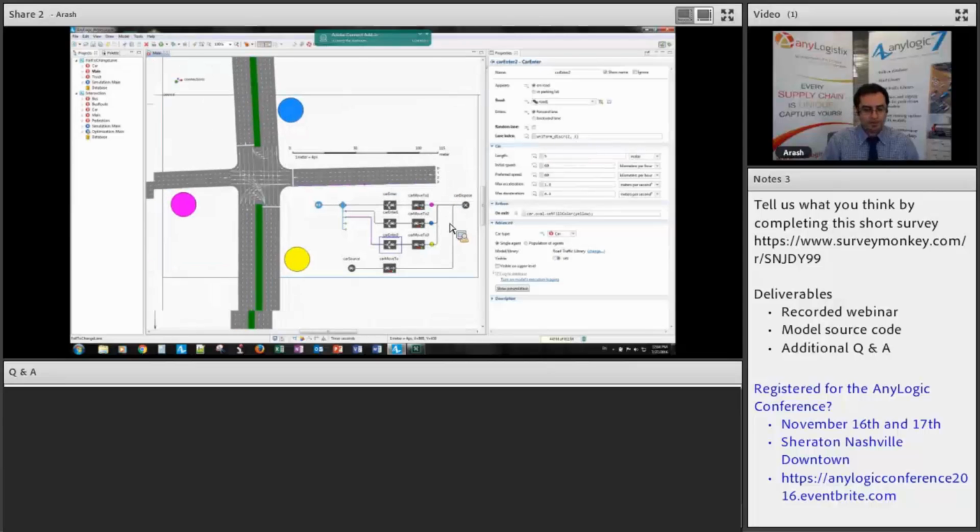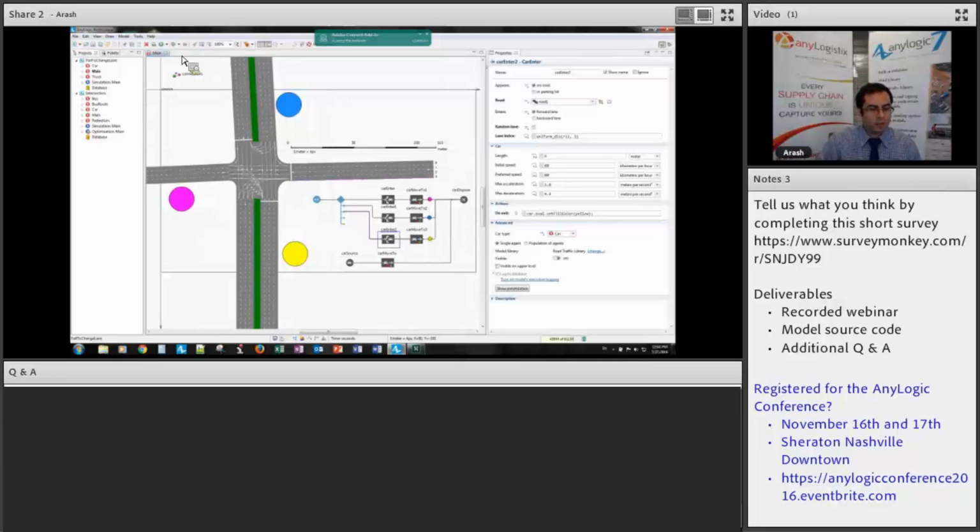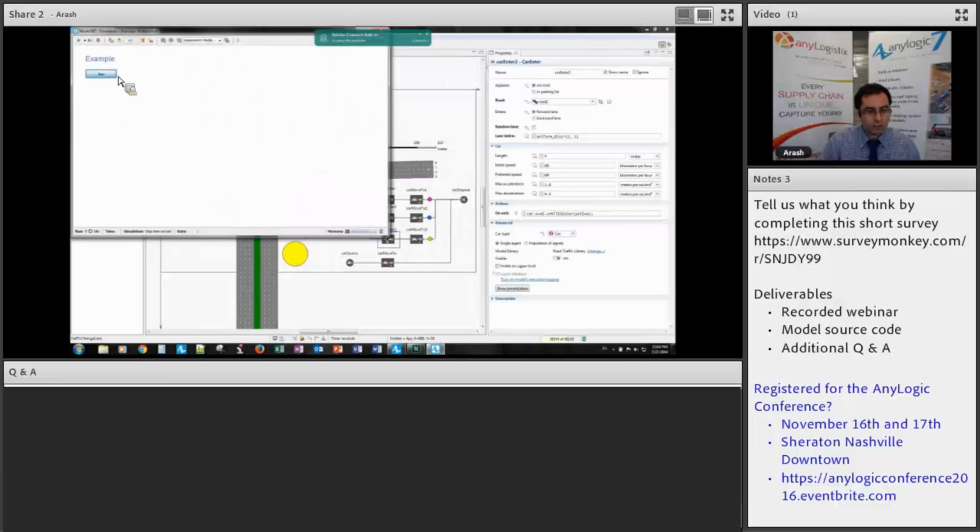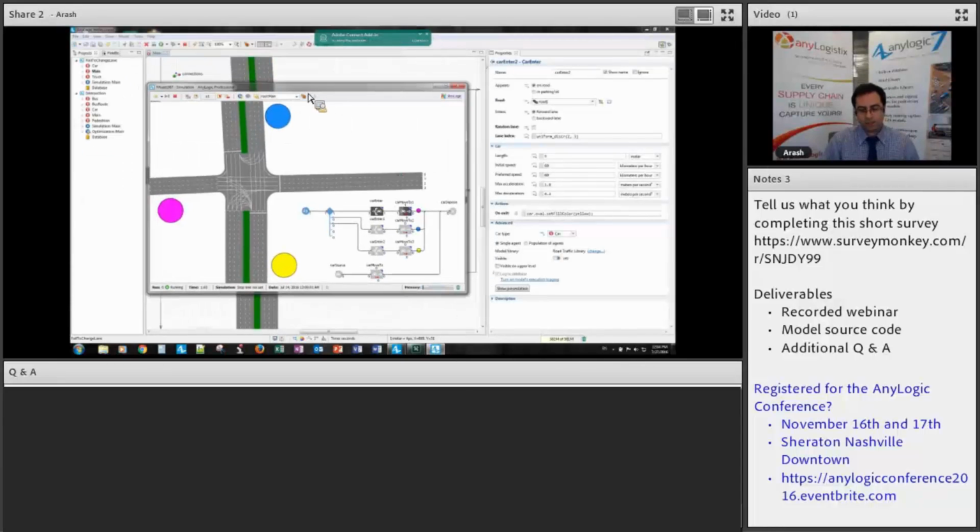So let me run this, and also I want to show you something else in this model. One of the other questions that you might have is, how can I make these cars a little bit different? How can I make them have different speeds and so on, or even different attributes, or inject different types of